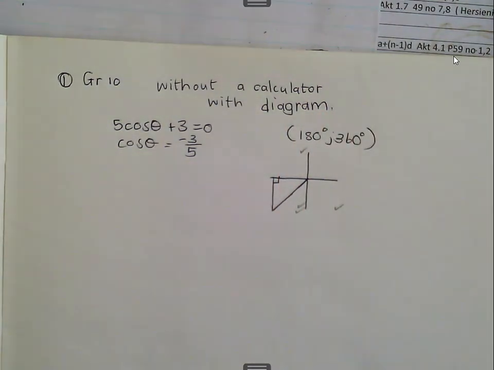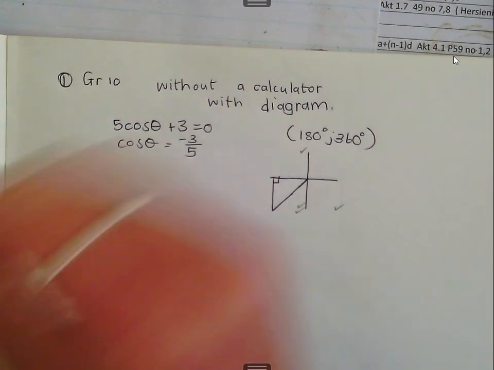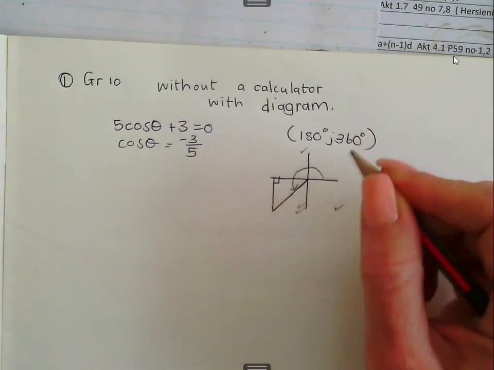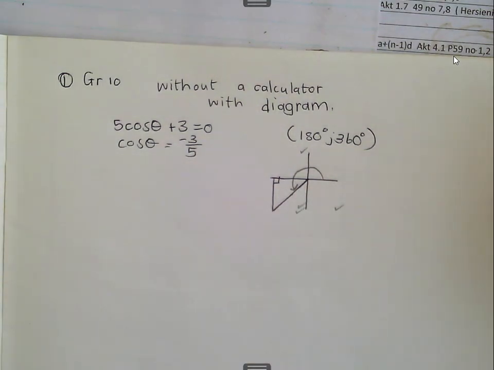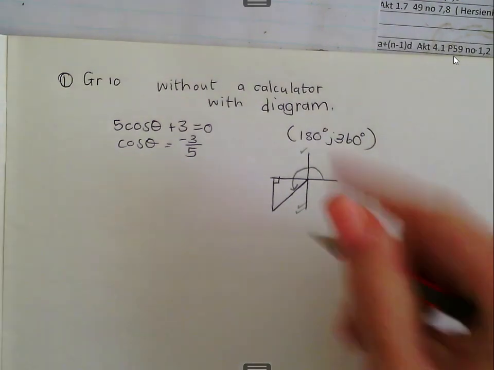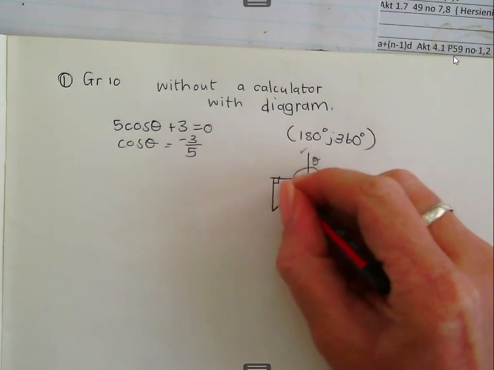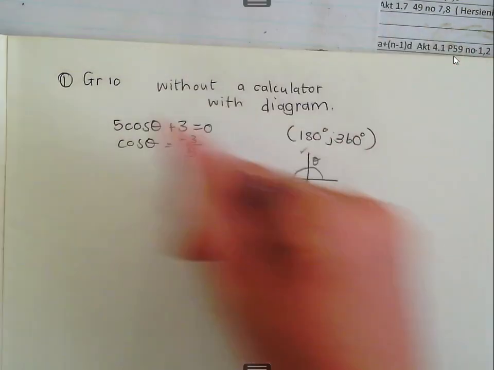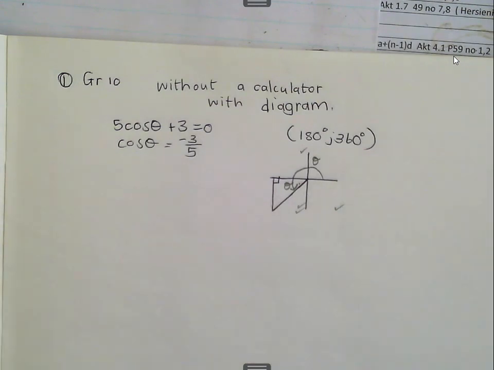Now, look here. This theta, that one that they are referring to, is a reflex angle. It's an angle greater than 180 degrees. But do you remember, we cannot work with a big angle like that because that angle doesn't fit into a triangle. That's why we convert it to a reference angle. So that big theta there and this theta here is the same one. But now you might think, how can they be the same if that's a big angle and that's a small angle? The change comes in with the signs, because do you remember the sin, cos and tan graphs?